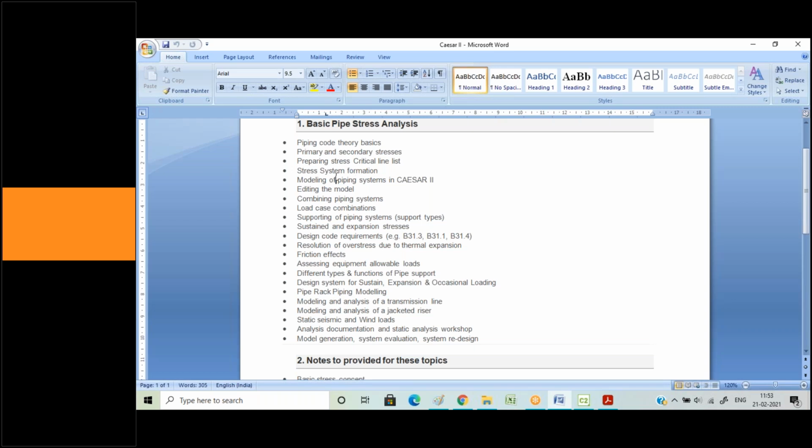So how you will prepare those systems and each and everything: modeling of the piping system, editing the model, combining the piping systems. Again, combining your piping systems is a very critical thing. Because say you're having a certain battery limit for your job and the header is outside the battery limit, now how do you get the growth of the header into your system? Because obviously the header also might be having some amount of growth, some amount of axial as well as horizontal growth. So that has to be taken into the system. So how you'll be taking it, how you'll be combining those outside battery limit lines, that I will let you know. And the load cases,